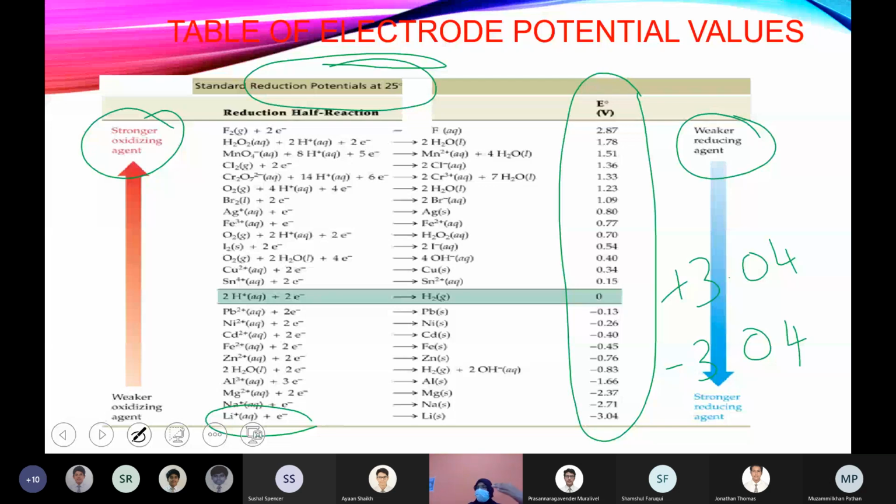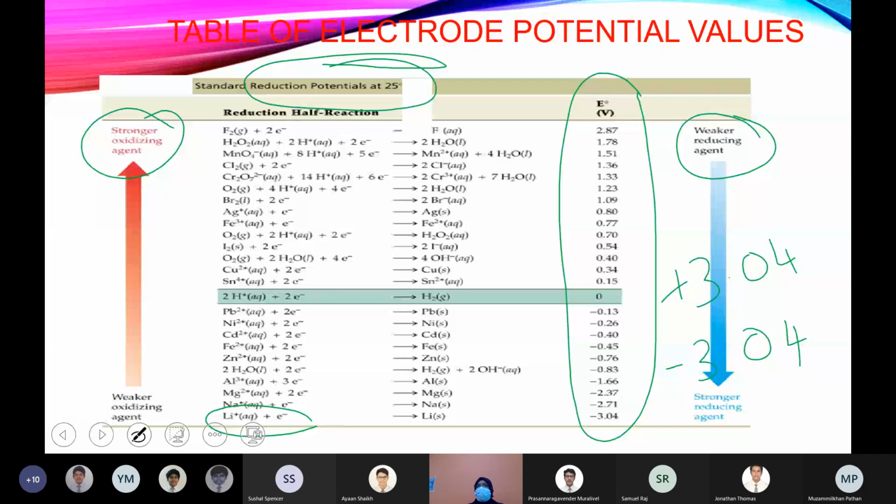Otherwise, the problem is that some of them you will write as reduction, some of them you will write as oxidation, and it will be confusing. The comparison will be a problem. So in order to compare uniformly for all the half cells, the reduction potential is measured and tabulated. So wherever the value is given in the exam or the textbook, it will be reduction potential. Never will it be given as a standard value of oxidation. Whatever electrode potential they mean is reduction potential. From that reduction potential, you will get an idea whether it is positive or negative, which means whether they undergo oxidation or reduction. Right?